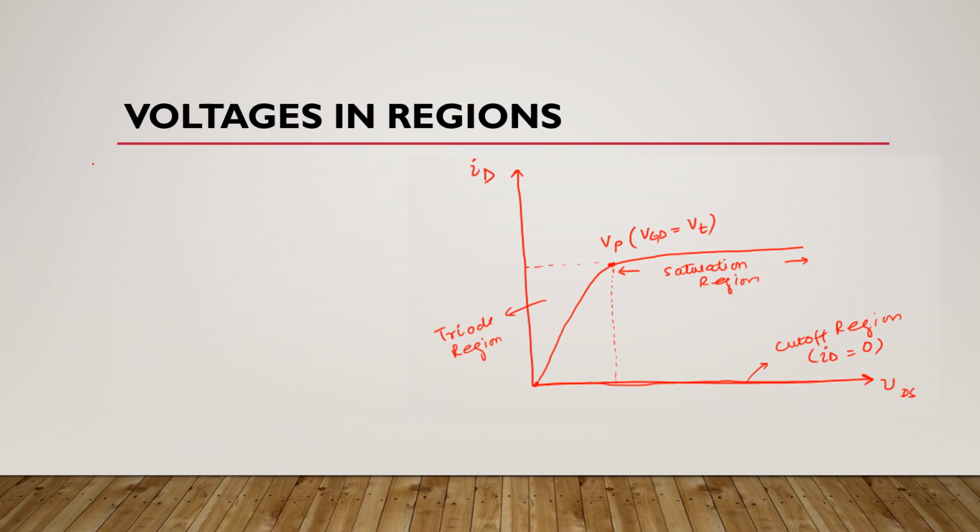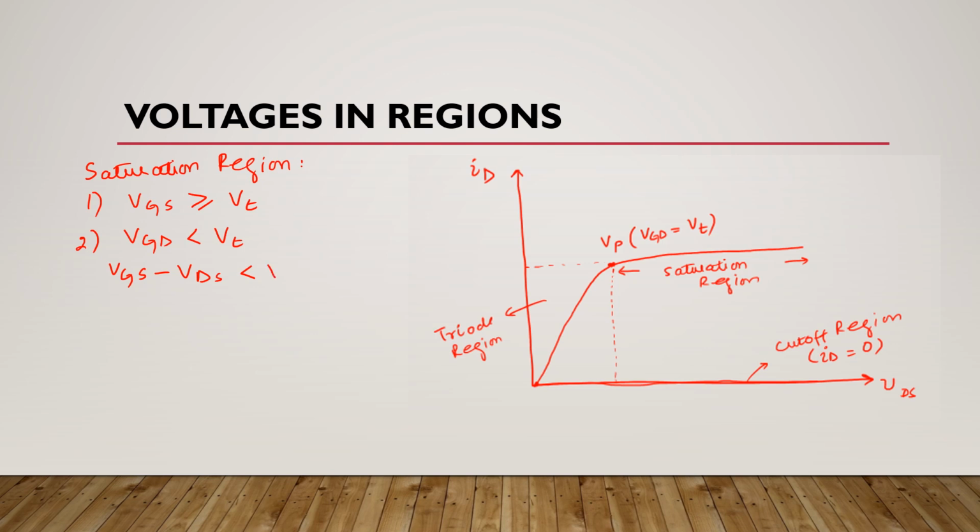Now we will talk about voltages in saturation region. In saturation region, gate to source voltage is greater than or equal to threshold voltage, and here gate to drain voltage is less than threshold voltage. Now we can write this gate to drain voltage like